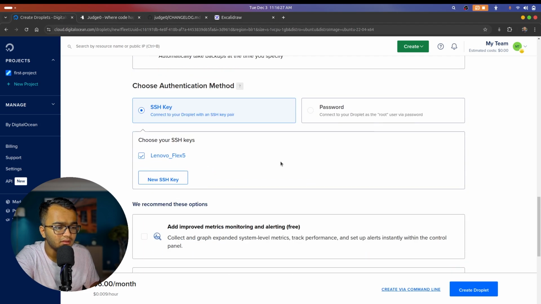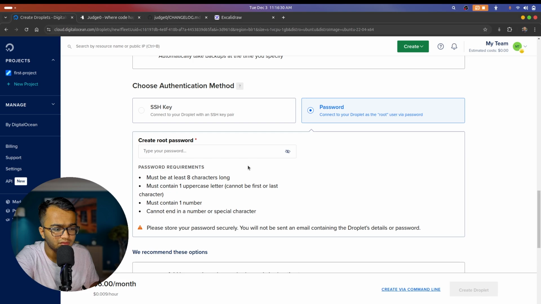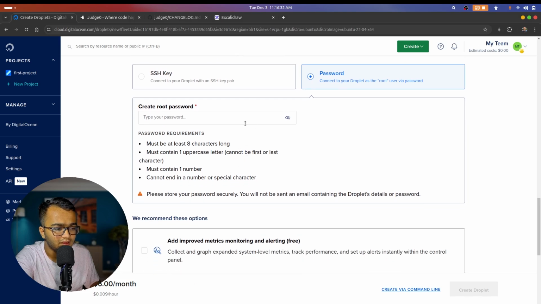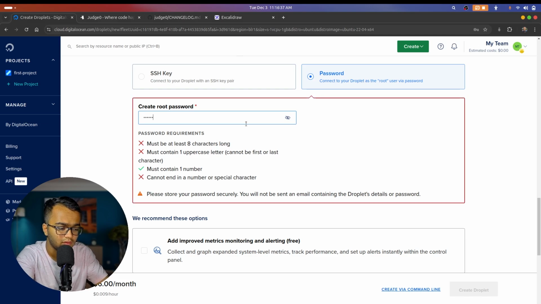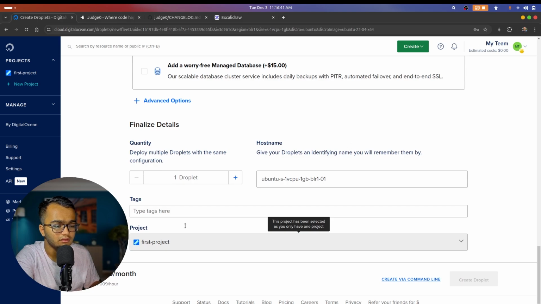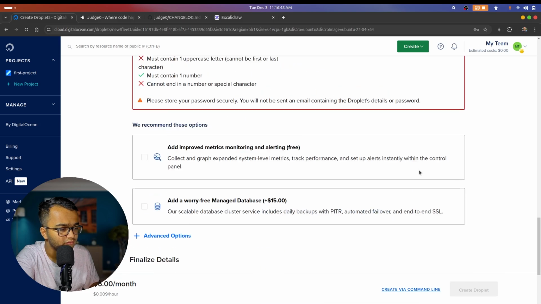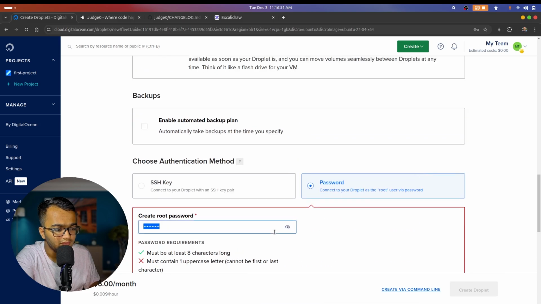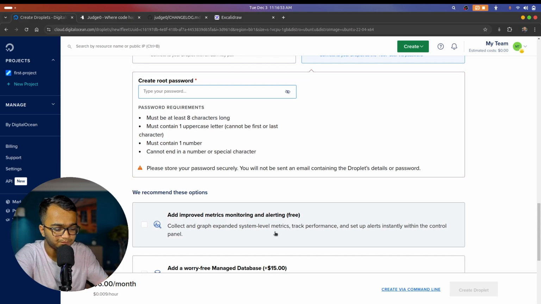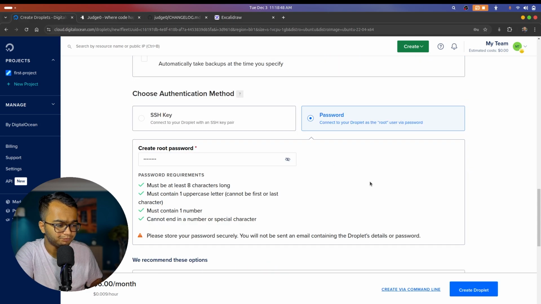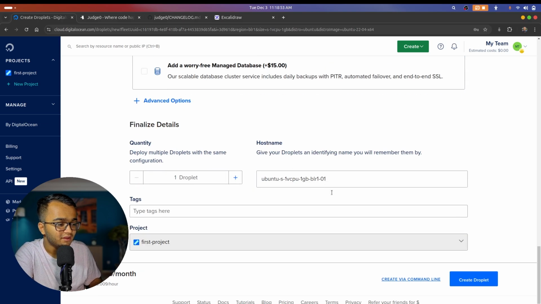Just come down, let's click on root, and we don't need a root password at least, so let's give any random password. Okay, let's go down. You have selected the password authentication. You have to set your root password. Okay, we are not matching the password constraints. So let's give it. Yeah, so as you can see, I have set my password and written it somewhere, and